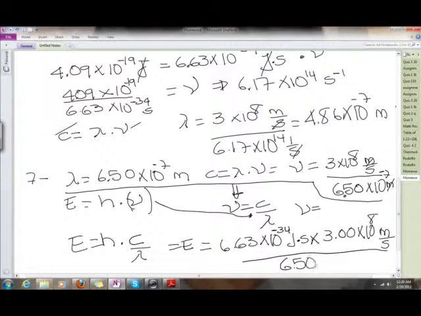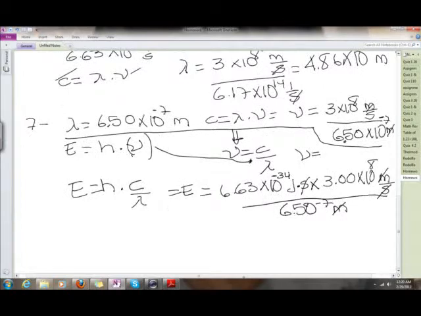And again, meters and meters cancel out, seconds and seconds, and it gives you